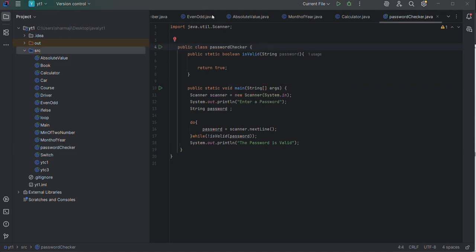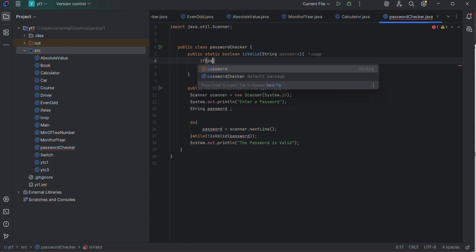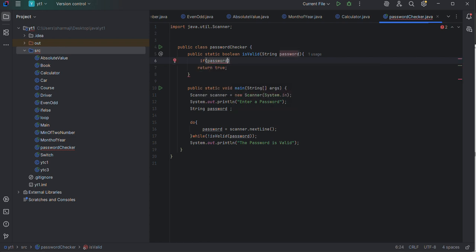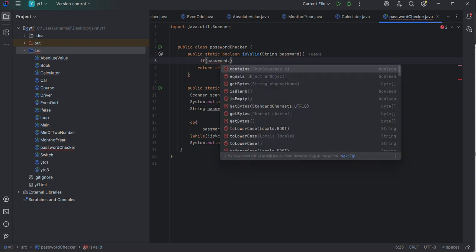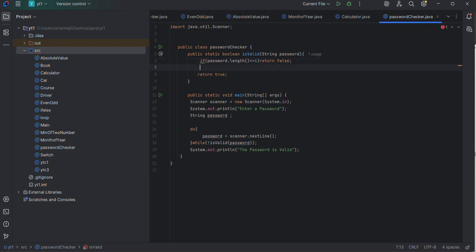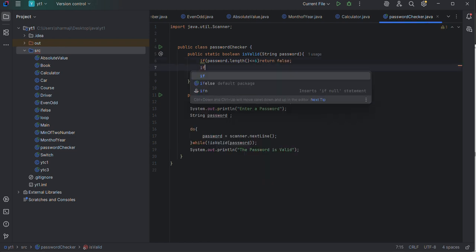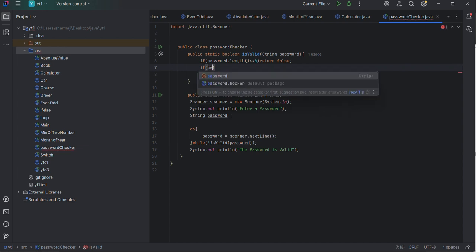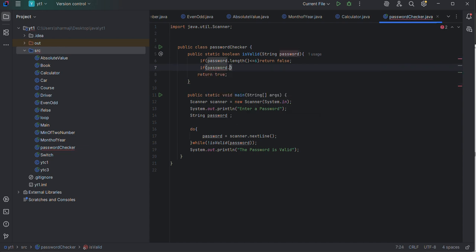In this we have to write the different conditions for a valid password, like if password dot length is smaller than 4 or greater than 6, we have to return false. If password dot